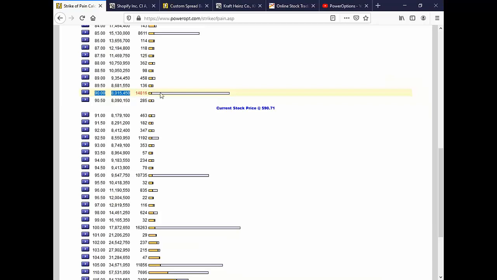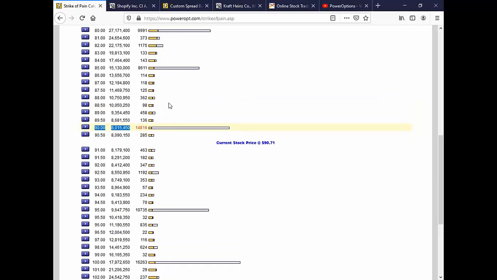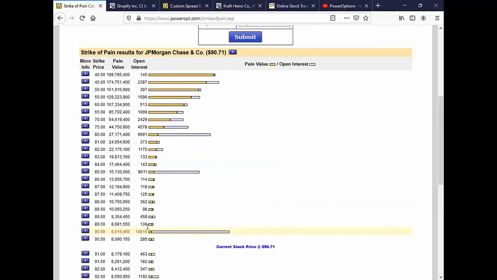Not 91. In this case, it's 90. That's the largest pain value, though a lot of these are pretty close. And so what we have to look at there is saying that, yes, but there's 2 expiration cycles before this, with 1 to 2 weeks of unknowns going into the